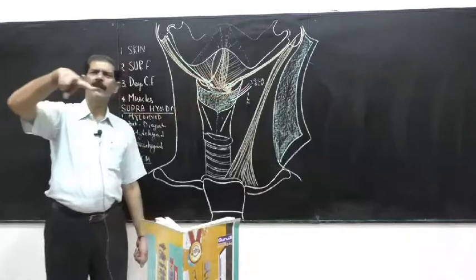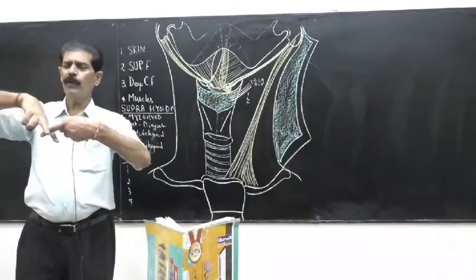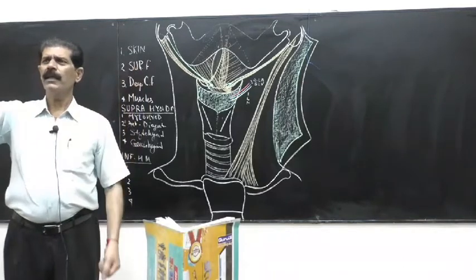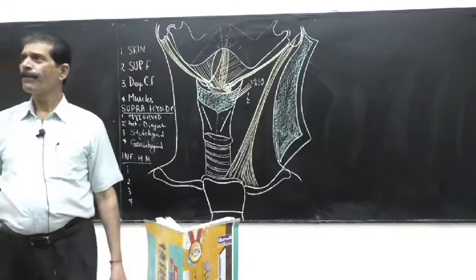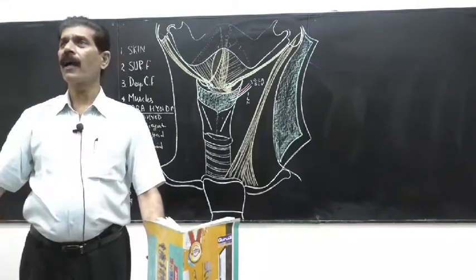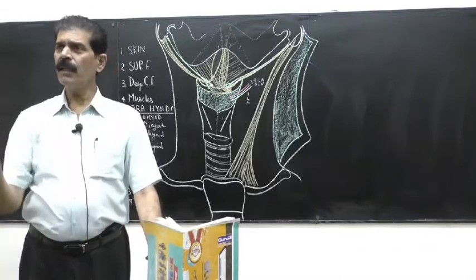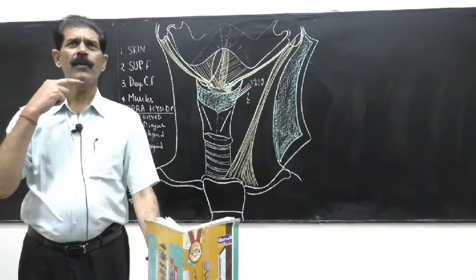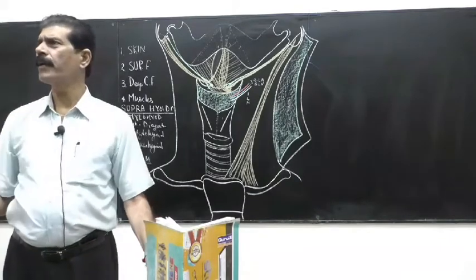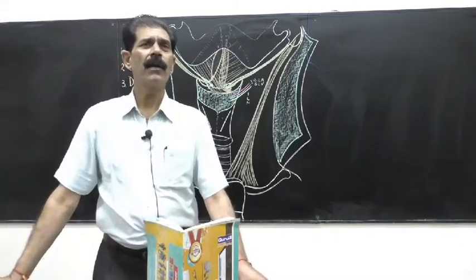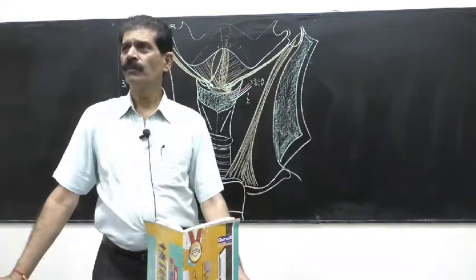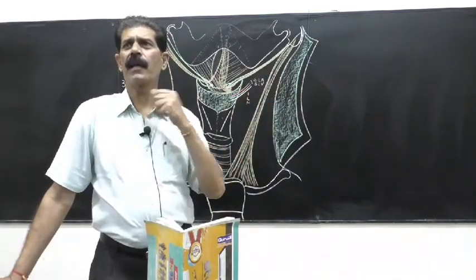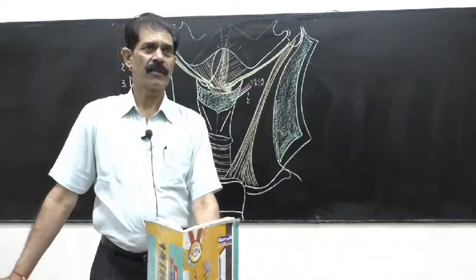Why is the stylohyoid ligament bifurcated? Because the intermediate tendon has to pass through it. When both the muscles act, this ligament acts as a pulley, and the intermediate tendon of digastric slides over it. Plus it gives the anchor to the digastric muscles. So the anatomical position of the anterior and posterior belly is maintained by the lower end of the stylohyoid ligament. That is the function. You should know how to draw this diagram. Whenever a question on the midline structures of the neck comes, you have to make the suprahyoid muscles also, all four of them.